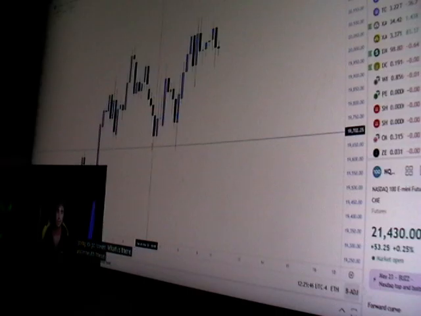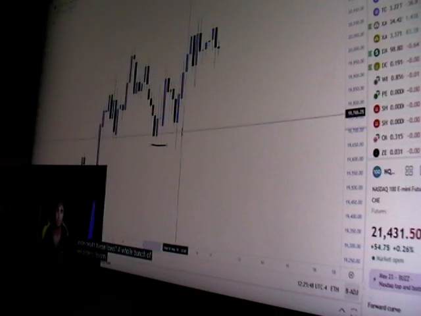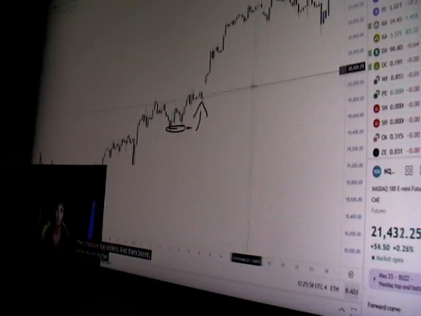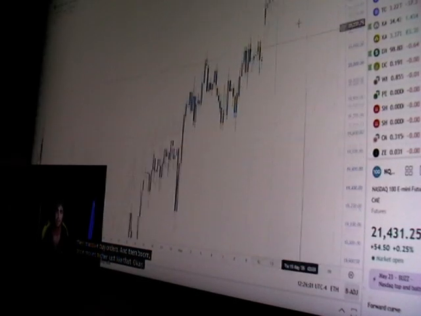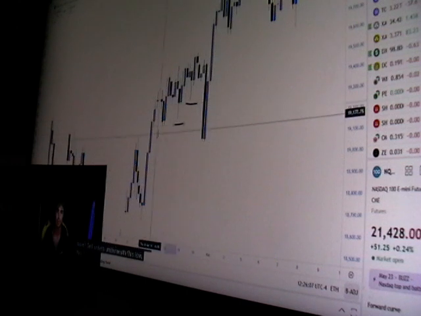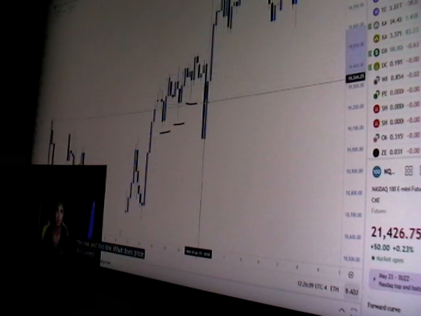What is there underneath these lows? A whole bunch of sell orders. Boom, price comes down, sweeps out these sell orders to give market makers the opportunity to do what? Fill their massive buy orders, and then boom, price moves higher, just like that. Okay, same thing right here. Boom. What do we have? Sell orders underneath this low, and this low. What does price do? Sweeps all of them out.